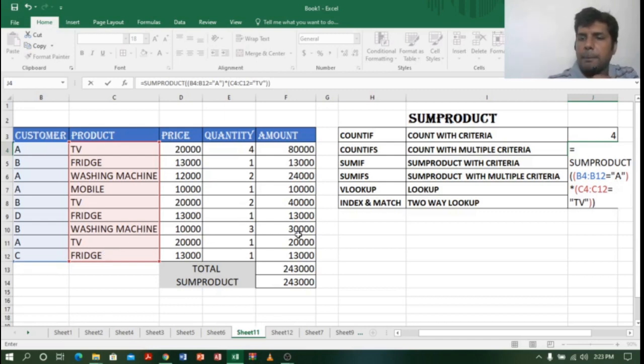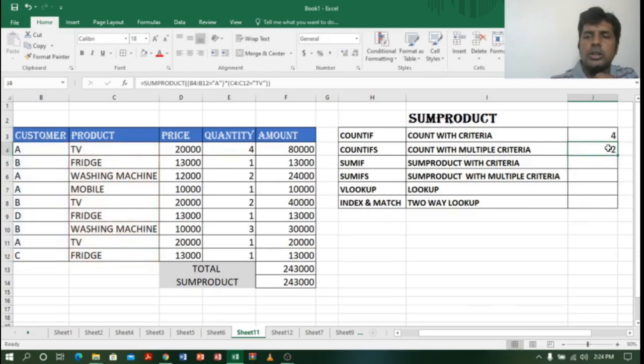Once again, I selected the whole customer column, and in the customer column equals A, I'm searching for customer A, right? In the second criterion, I have selected the whole product column, and in the product column I am searching for TV. Let me click enter. See, I got the answer 2. So there are two transactions.